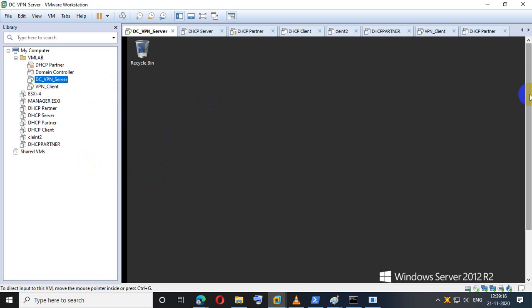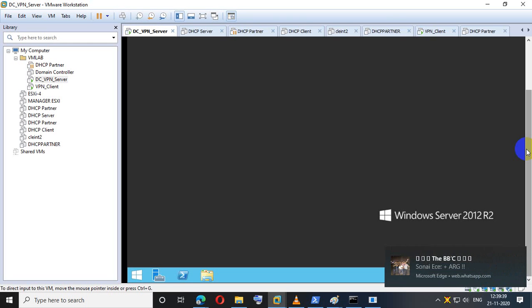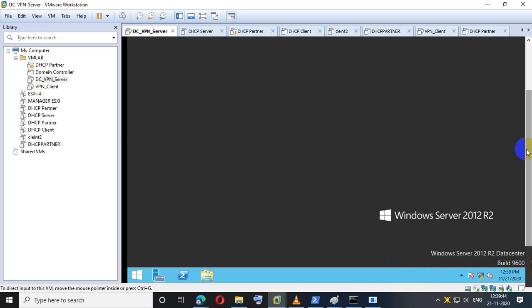Yes. Perfect. Now what we will do is implement the policy. Last time I checked allow connection for Ranga, but if instead of Ranga I use my own name, I will not be able to connect, because every time I would have to give access individually. Providing access to everyone individually is not possible. That's why I create groups. Now I will create an NPS policy, Network Policy Server, to allow access controlled by accounts and groups, and later whoever is part of these groups can easily access the VPN. Is it clear or not?